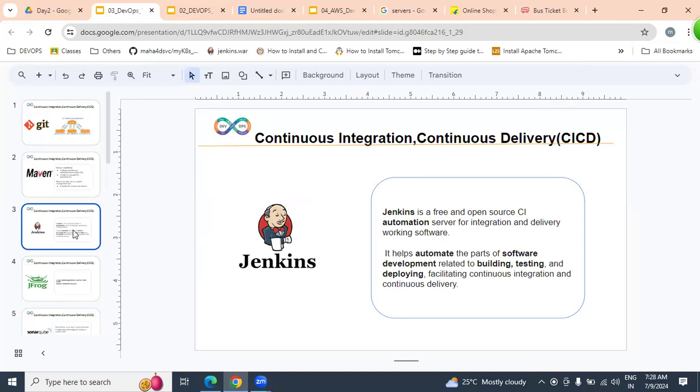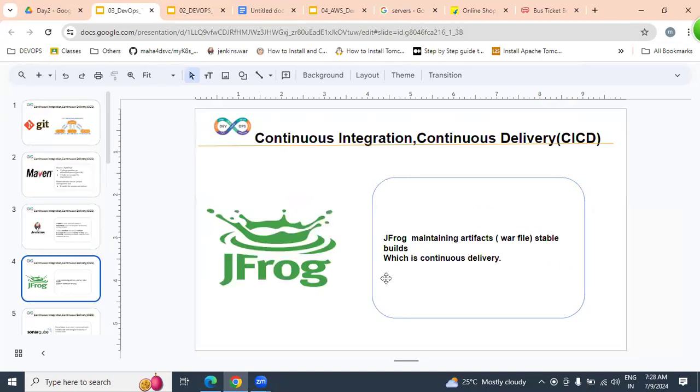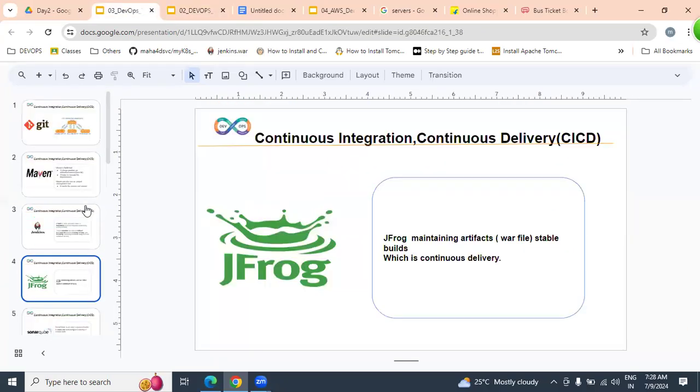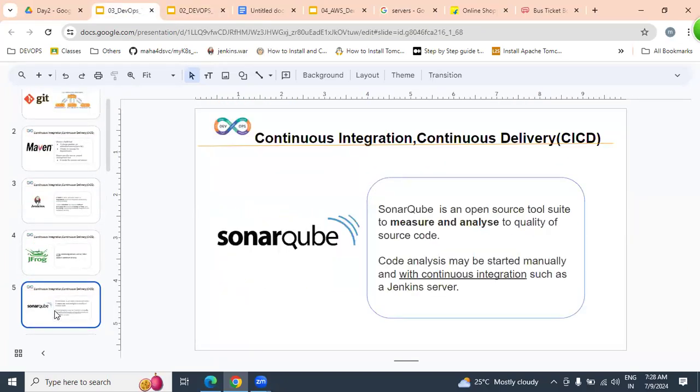Once it is making working software, where are we going to deliver it? JFrog, which is nothing but release. And we are going to learn SonarQube, a code analyzer.